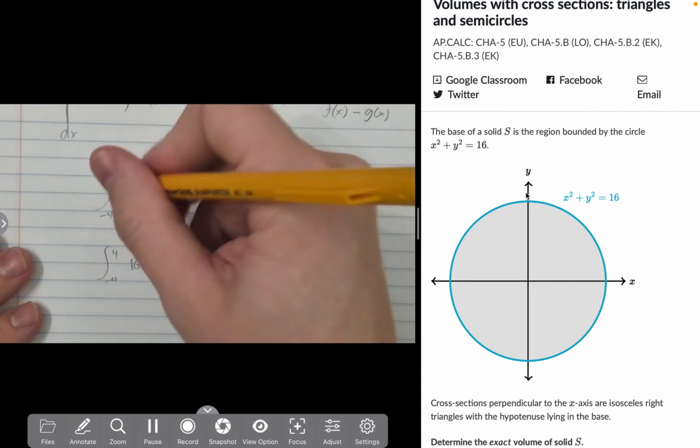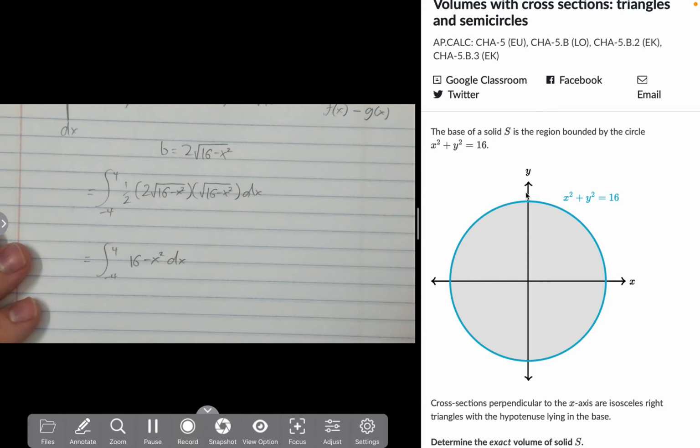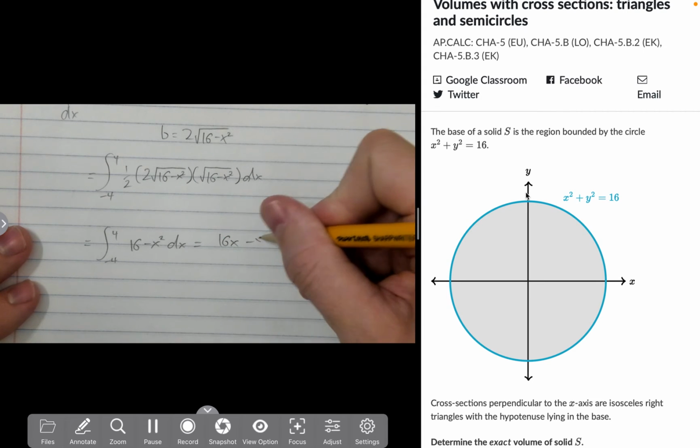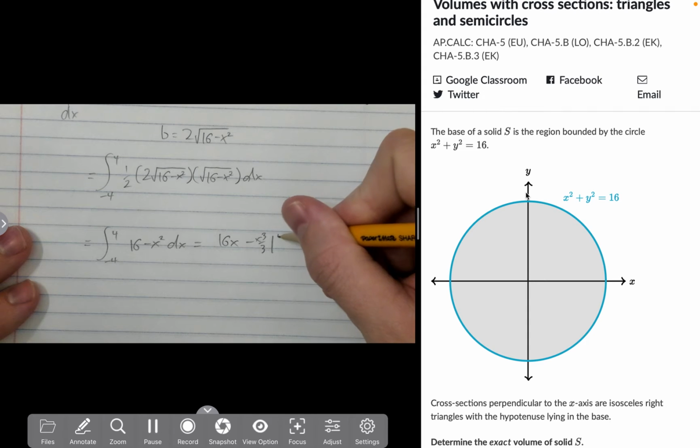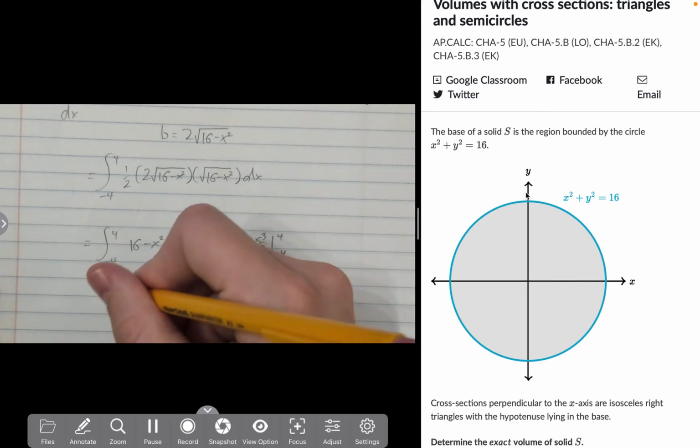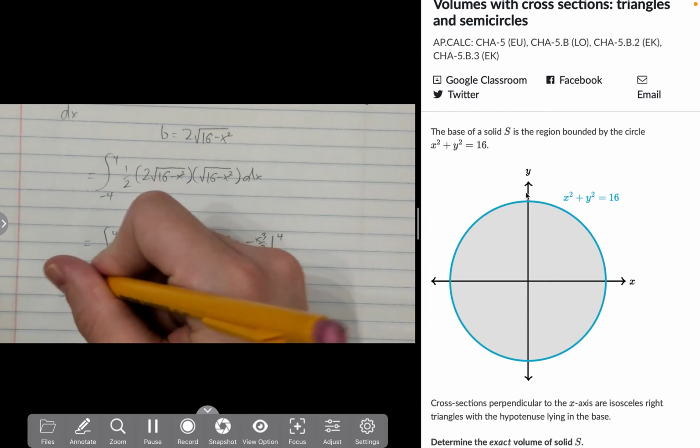So we actually don't have too hard of an integral to compute, but they do want the actual integral. So let's integrate that now. That'll be 16x minus x cubed over 3. We need to evaluate that at 4 and -4. There is a trick you could do here: this is an even function. 16 has a power of 0 for the x, and this is a power of 2 for x. When you integrate an even function, instead of having to plug in, get two answers, and subtract them,